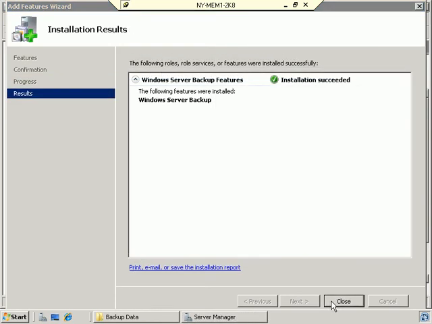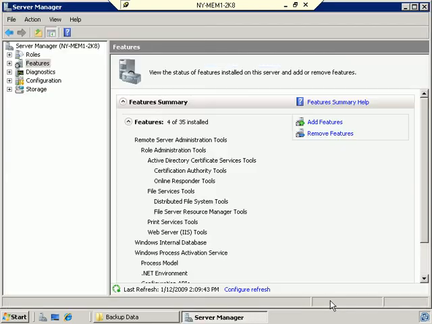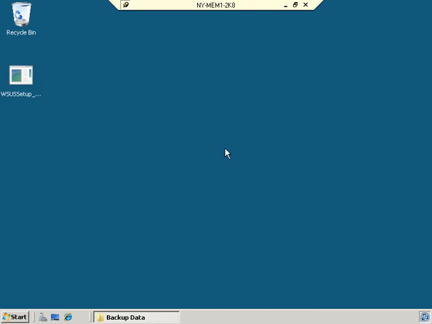Okay, well, as you can see here, the installation has succeeded. So I'm going to go ahead and click Close, and go ahead and close the Server Manager. Now, one thing that I need to emphasize here is that there has been a dramatic change from prior versions